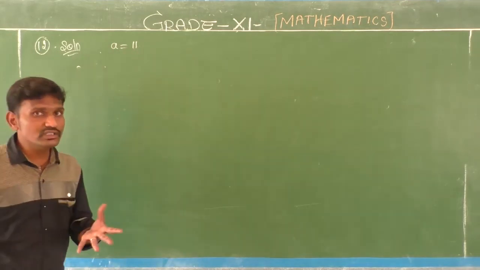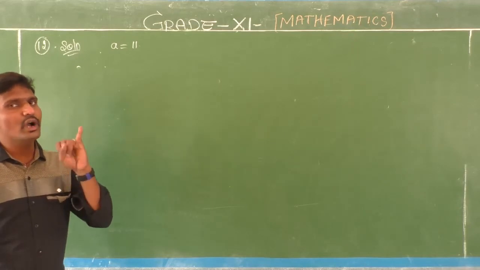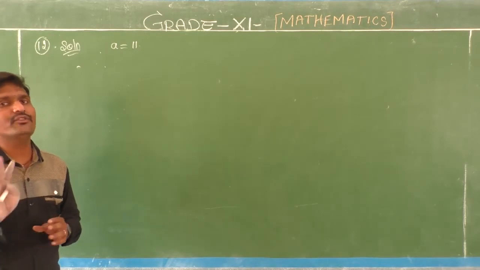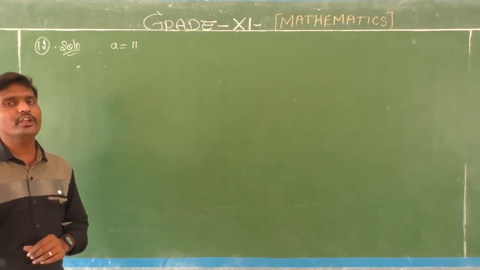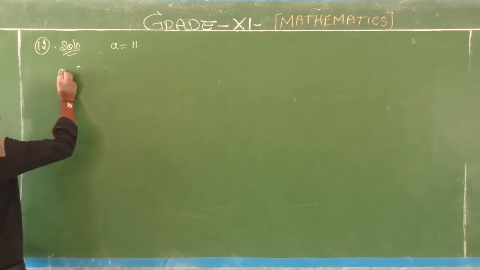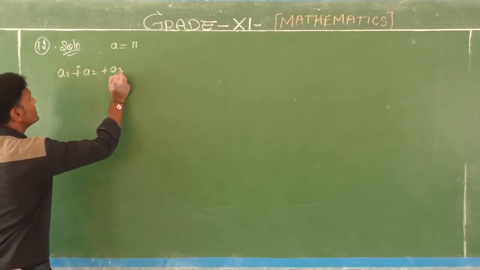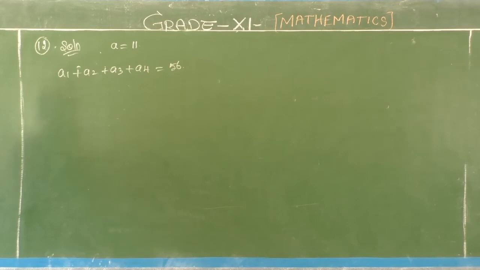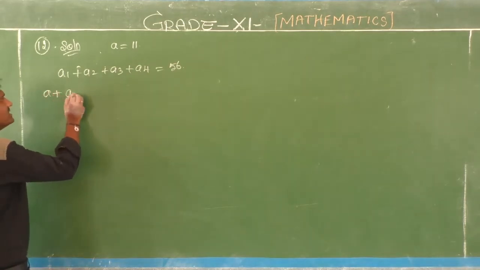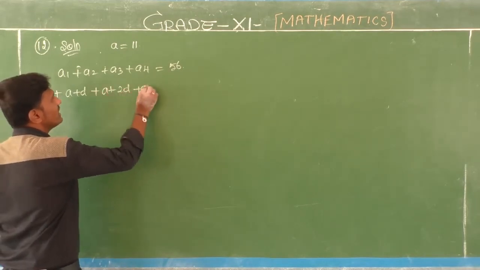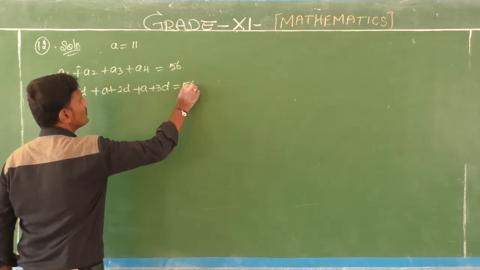Now how to do this? You have the first term, and you have the sum of the first 4 terms and the last 4 terms. For that we need to find the common difference, and from that we need to find the number of terms. Now look at the question. Sum of the first 4 terms: a1 plus a2 plus a3 plus a4, which is equal to 56. Now you have the first term a, the second term a plus d, the third term a plus 2d,